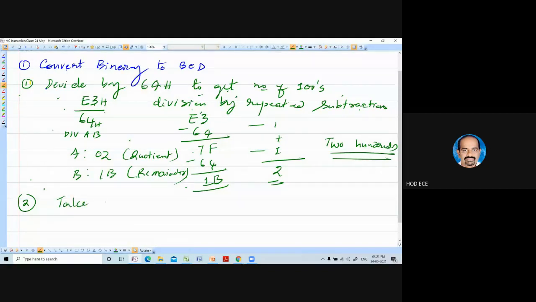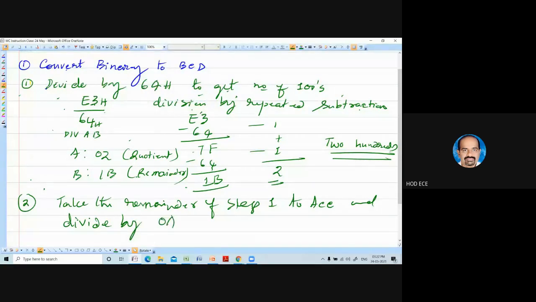Take the remainder of the previous division. Take the remainder of step 1 to the accumulator and divide by 0A to find the number of tens and units.